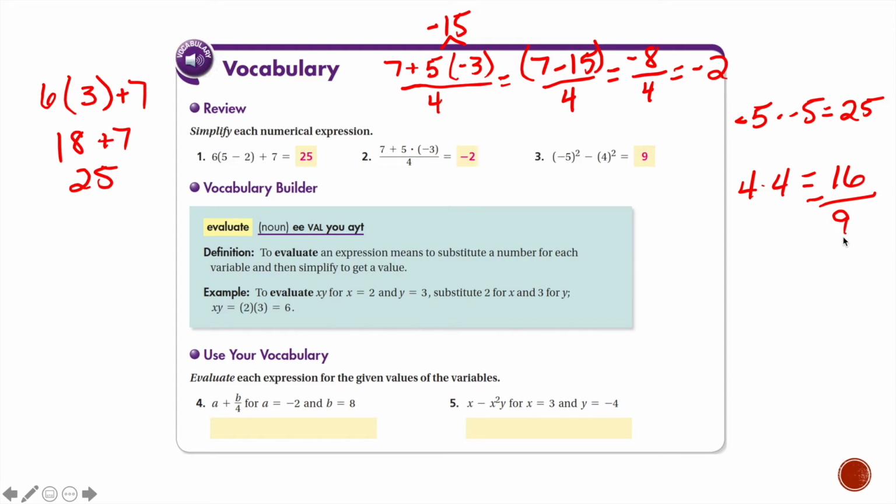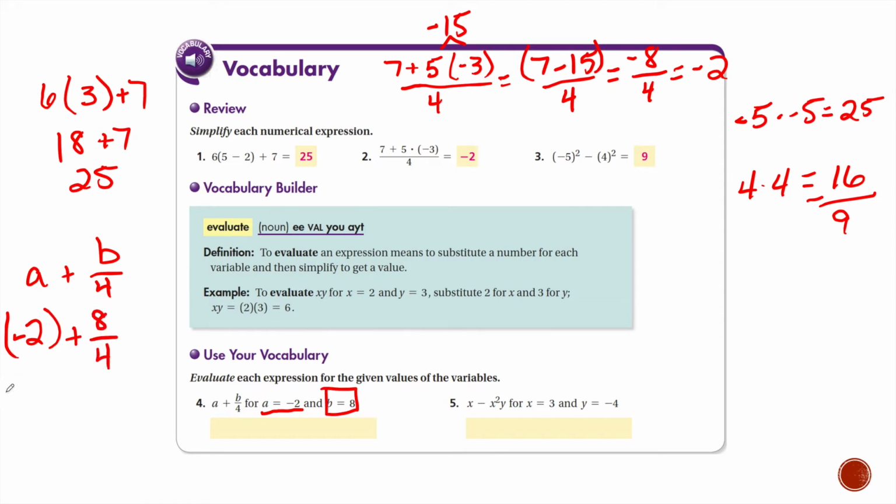When you evaluate something, you're taking the expression and giving the variables in the expression an actual value. So for the very first question, question number 4, we can take what we know a to be and plug it in. Our original function is a plus b over 4. That's going to turn into (-2), and I'm going to make sure I put parentheses around it, plus our b, which is 8. We're going to plug in the 8, and divide